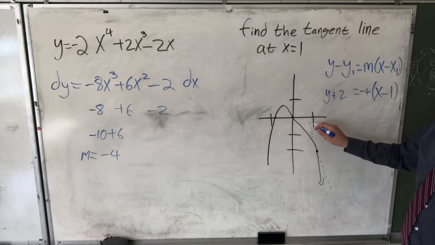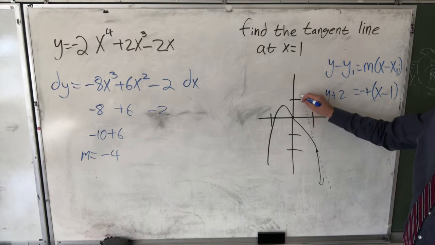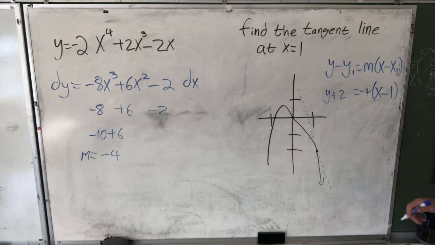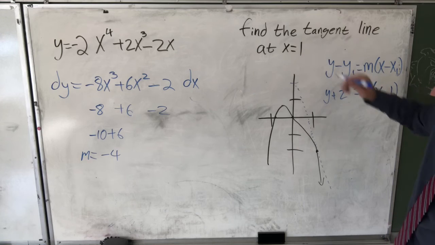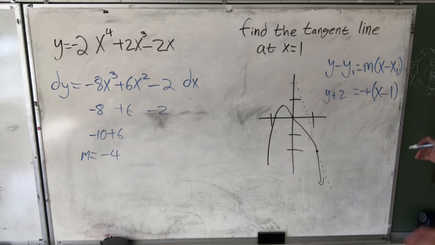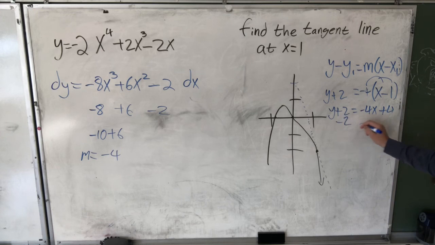Now, I told you there's a bonus point. Can you figure out where this equation intersects the y-axis? It looks like if we're tracing it back up, it should intersect somewhere right around 2. We might be off by a little bit. Let's find out. We distribute the negative 4. It gives me y plus 2 equals negative 4x plus 4, minus 2 from both sides. y equals negative 4x plus